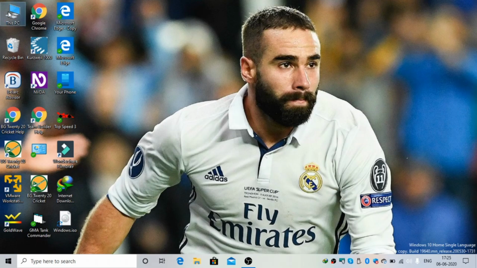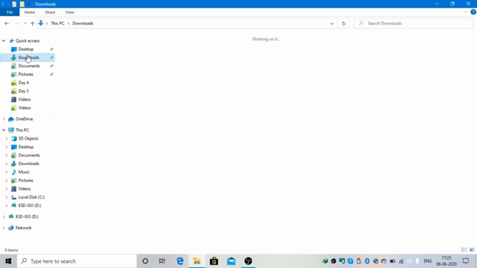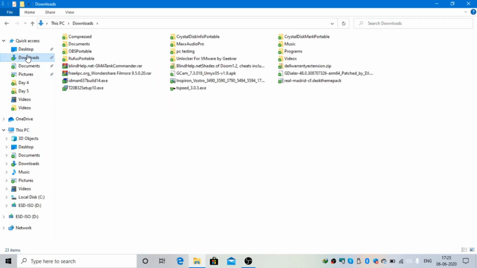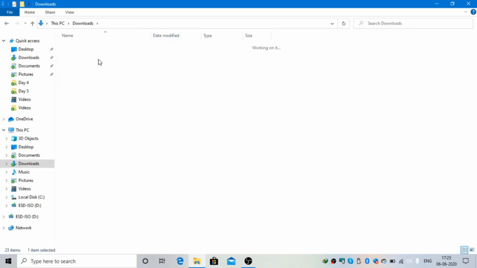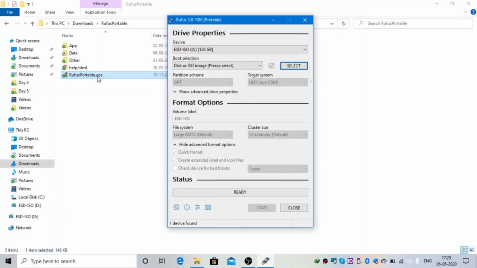So now I'll go to my PC, then downloads, and then the Rufus Portable folder. You have to click on Rufus Portable, and then again there will be a user account control. You click on yes. The portable version will open.